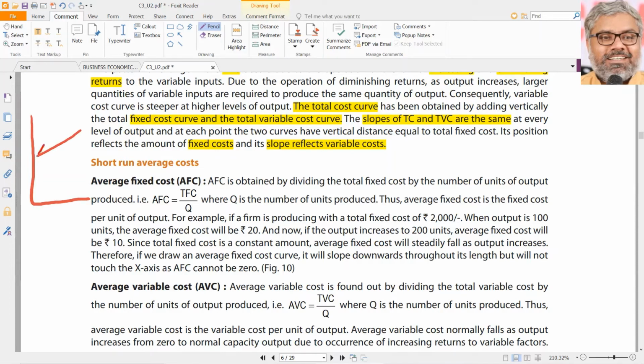Is it like this or is it like this? If it is like this, that means the variable component is too much. If it is like this, the variable component is not that much. So,